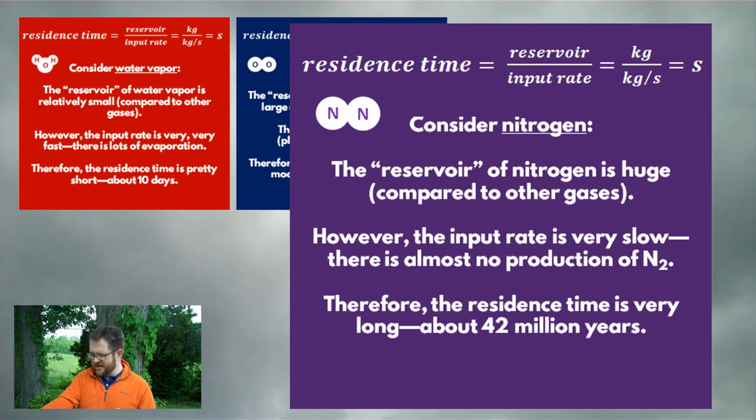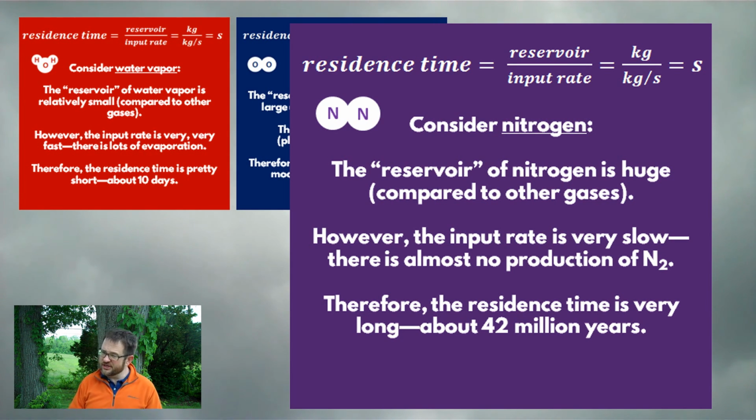In other words, right now, maybe in the soil around me, there's some nitrogen-fixing bacteria that are doing some things, and they are adding or removing nitrogen from the Earth's atmosphere. Those nitrogen molecules are going to be bouncing around in the Earth's atmosphere for about 42 million years before the sink of nitrogen removes them. And the sink of nitrogen is also certain processes that bacteria do in the soil. 42 million years is a lot longer than 500 years for oxygen, and it's a lot longer than 10 days